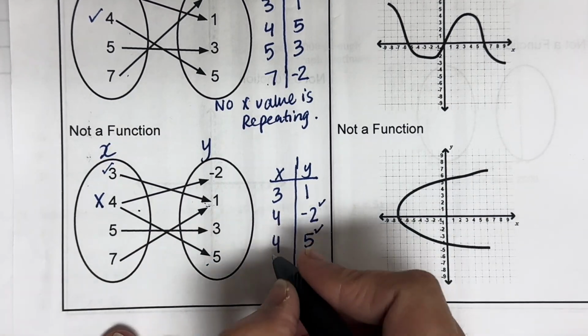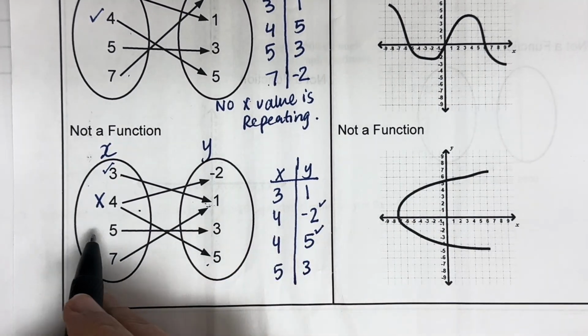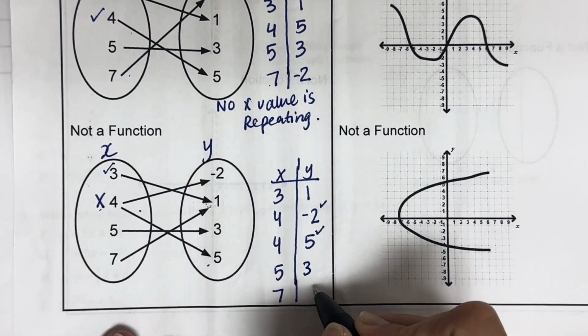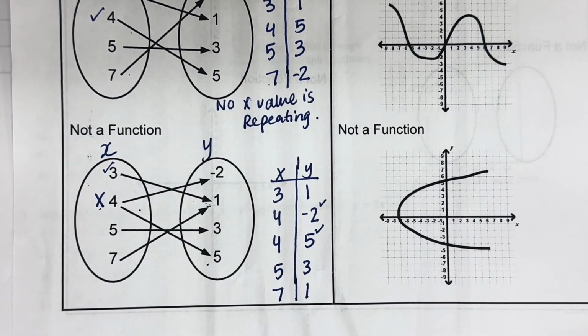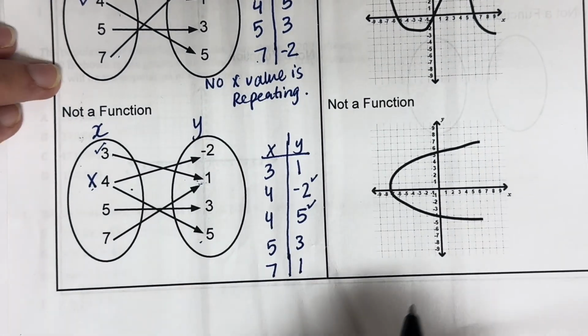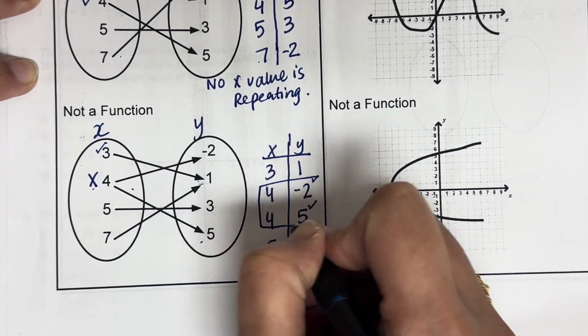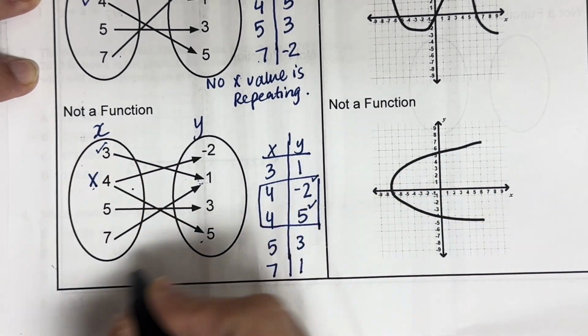Then you can check 5. 5 is only linked with 3. It works, but it's already not a function because 4 is repeating. And 7 is with 1. So this is not a function, and this is where the definition comes. It is not a function